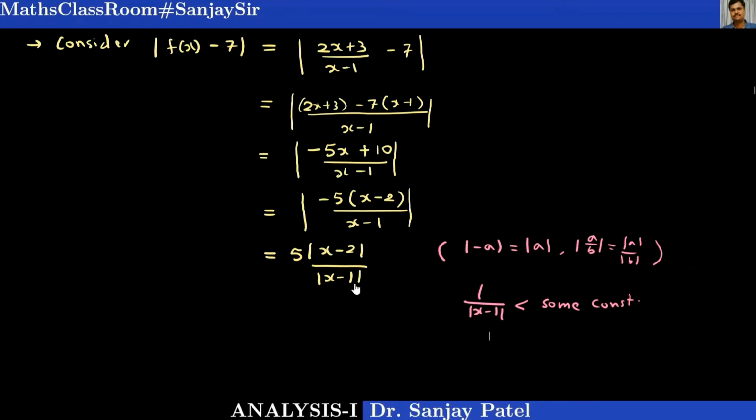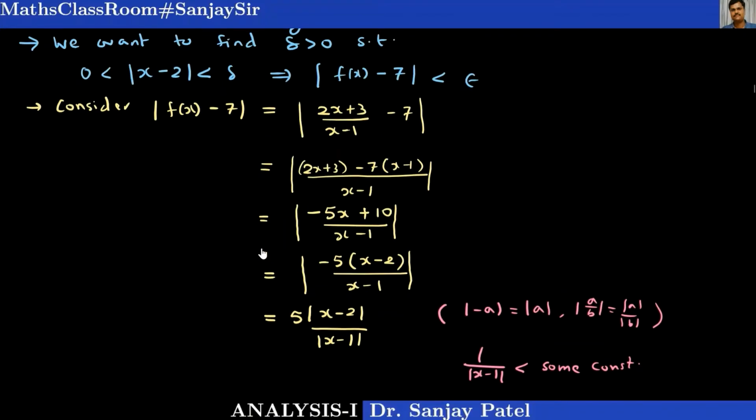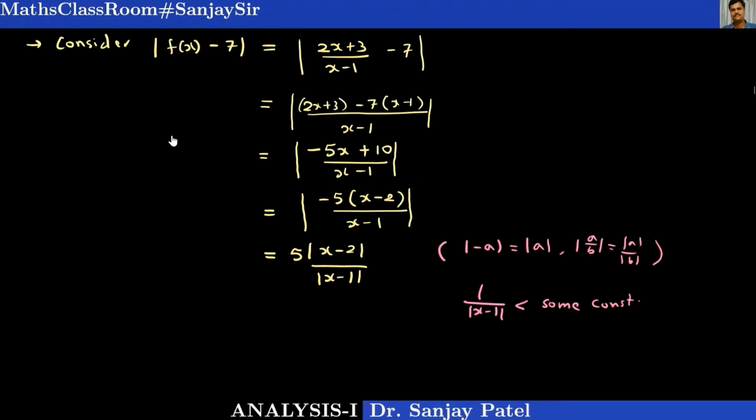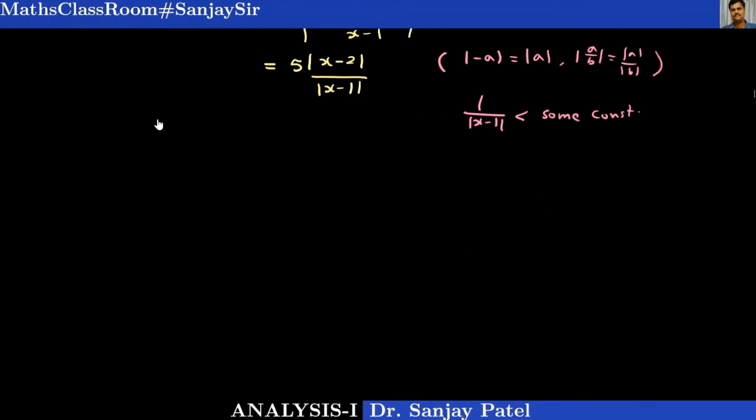Let us see how to do this. And remember, we want to make this mod of f(x) minus 7 less than epsilon whenever this mod of x minus 2 is less than delta. So we always have to make this f(x) minus L less than epsilon subject to the condition mod of x minus 2 is less than delta, so that our x falls in this interval. You know, it is 2 minus delta comma 2 plus delta. So I will be using that condition first. So let me write this as, say, result number 1.